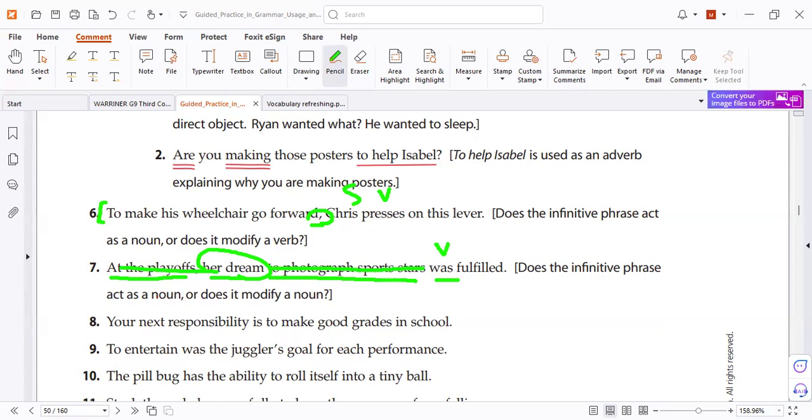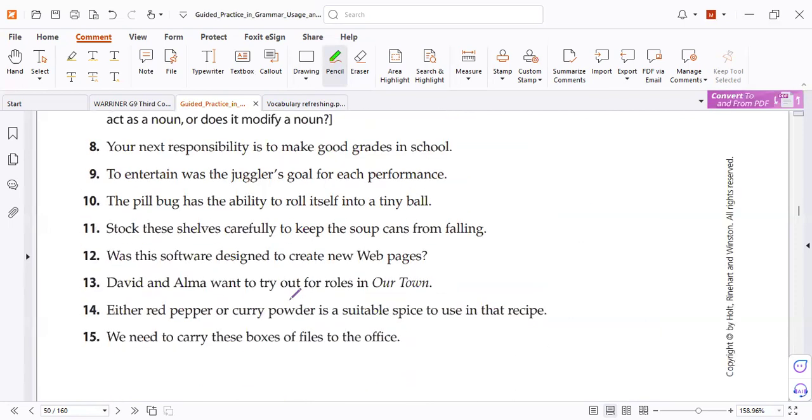Now you did it. Yes. Now we need to test you. Where is the infinitive phrase? To